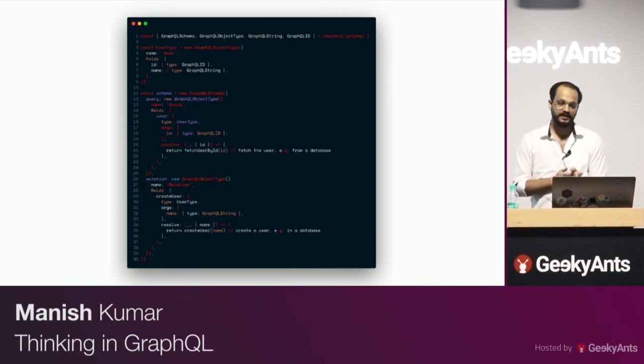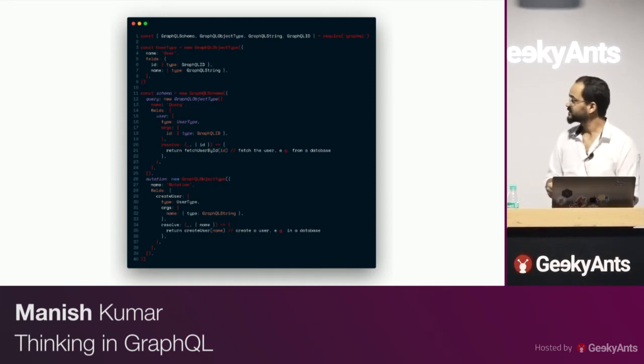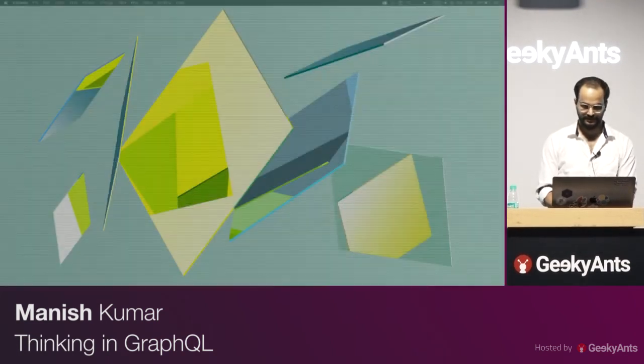Okay, so let's talk about how we build it on the server side. I'm not sure if this is visible till the back? It's not visible. What can I do? I'm trying to zoom. I don't think this works. Just let me quickly check if I can do something.